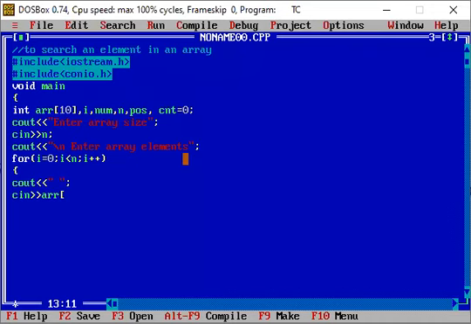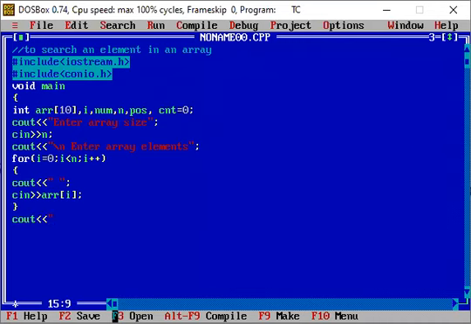That will be the n size that I will be having. Okay, so this is the total size, we have a total of n elements. Till that condition is met, we can take in all those elements from the user. Now we will tell which particular element I need to search.